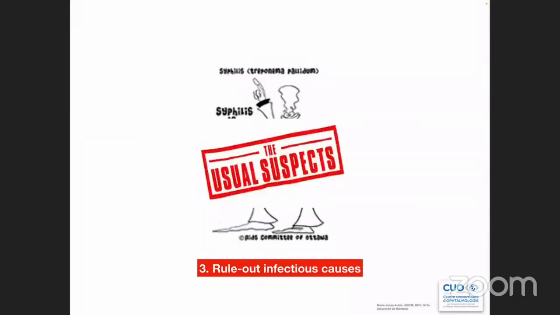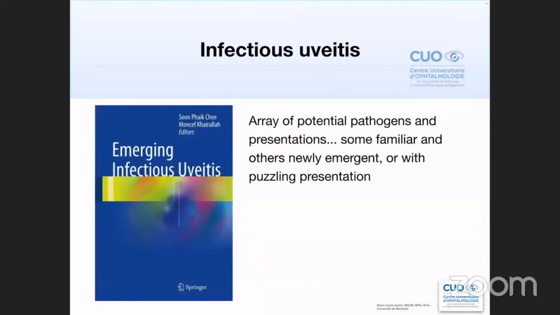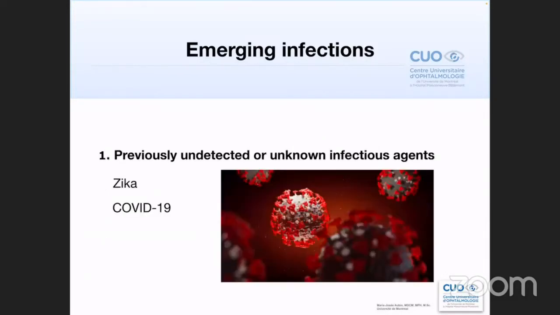You know your usual suspects, the toxoplasmosis, the viral diseases, but there's a vast array of potential pathogens emerging, and we'll go over some of the emerging infections, which are divided in 4 groups. So first, previously undetected or unknown agents, such as the COVID SARS-CoV-2 virus, which